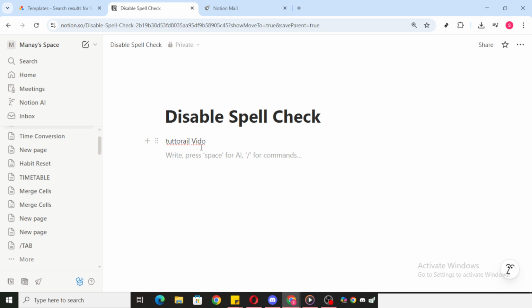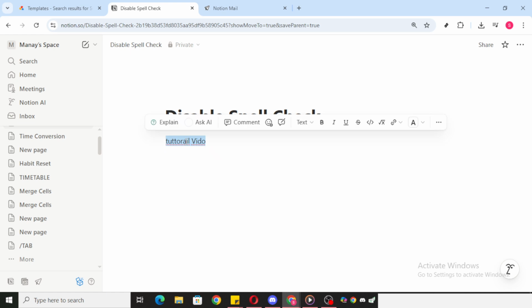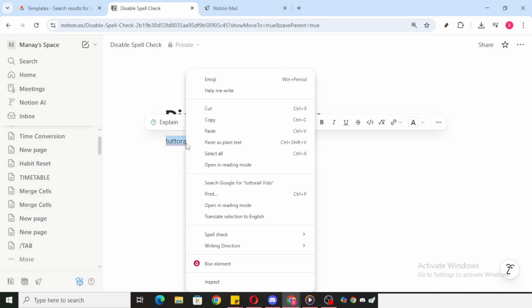If you decide later that you'd like spell check back, just repeat the same process. Highlight some text in Notion, right-click to open the menu, and choose Enable Spell Check if that option is available. It's the same path, just the opposite toggle. That's it. You've learned how to spot the red underline, how to disable spell check from the right-click menu, and how to re-enable it using the same